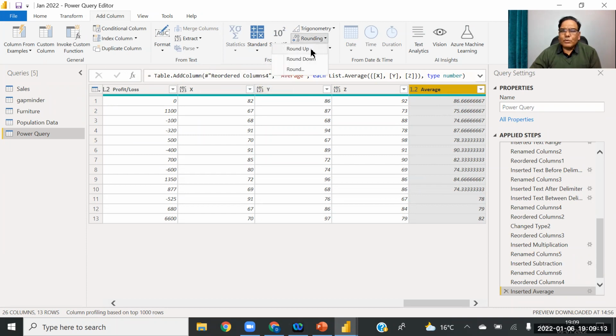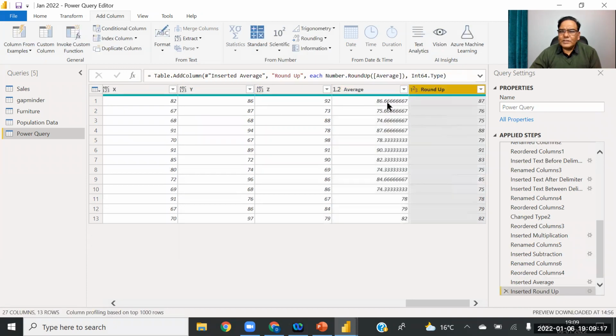So if you click on round up, let's see, 86.6 becomes 87. 75.6 becomes 76. It is a round up. Even 78.3 moves up to the next whole number.